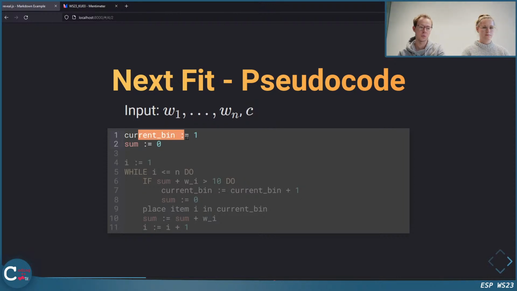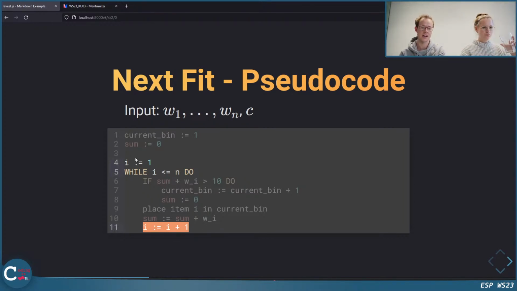Then we start with some bin. We say we start with the first bin and we have a sum. The sum will always refer to the current bin, and in the beginning we haven't placed any items, so the sum is 0. Then we iterate over the items. We start with item 1, and as long as we haven't reached n, we continue to loop over the items, and in each iteration we increase the counter.